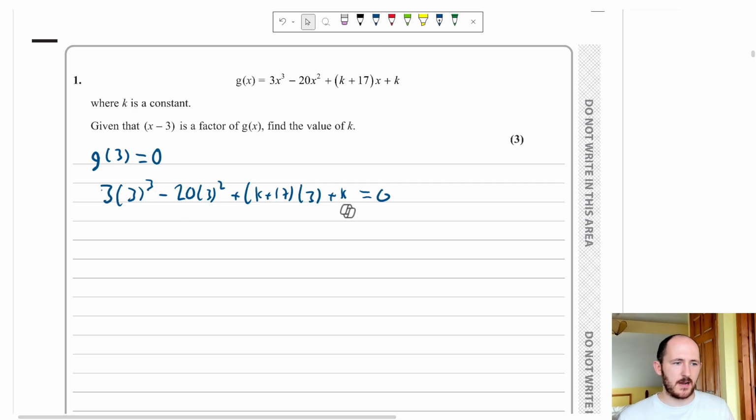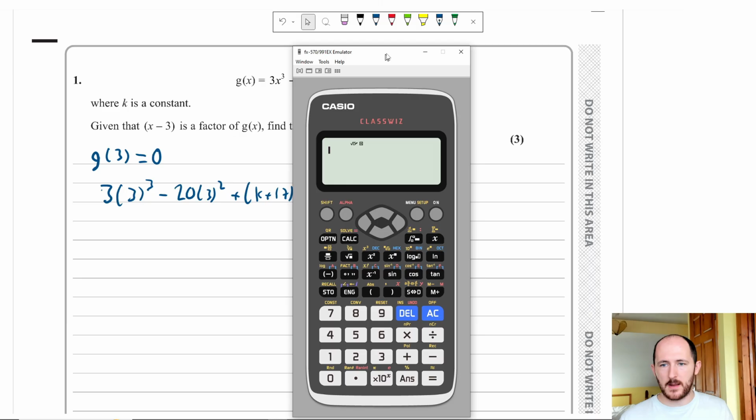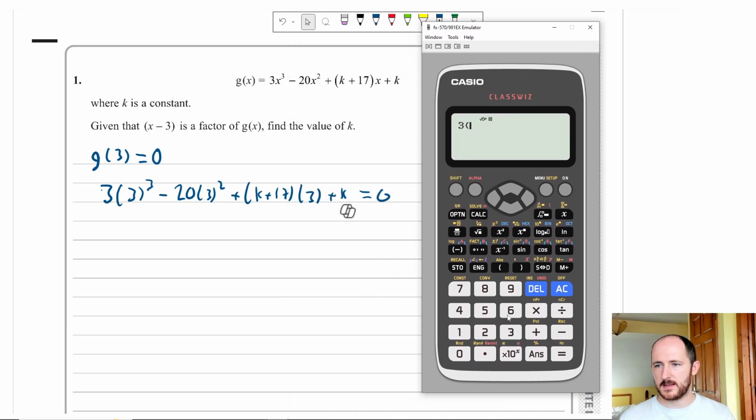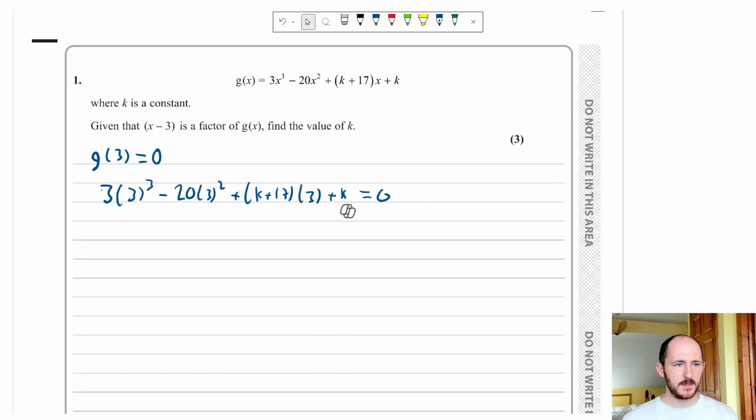And then, of course, we can just use a calculator to work out all of the numbers. So that's what I'm going to do. I'm going to do 3 cubed minus 20 times 3 squared, and I'll expand that in a second. In fact, we can also do the plus 3 times 17 if you think about it, because when we expand this, we're going to get 3k plus 17 times 3. So let's do that as well. And we get minus 48. So in total, we get minus 48. In terms of k's, we get 3k plus another k, so that's 4k,